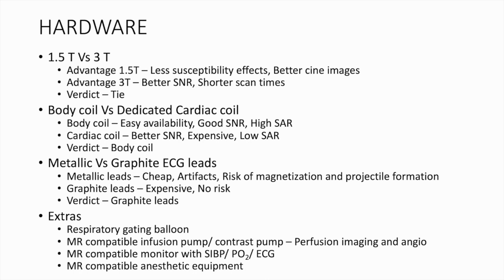Second is body versus dedicated cardiac coils. The body coil is easily available and has good signal to noise ratio, but results in a high specific absorption rate due to RF energy deposition. The cardiac coil, on the other hand, has better SNR and a low SAR. However, they are prohibitively expensive. So, though theoretically a dedicated cardiac coil is desirable, a body coil will do most of its job at an